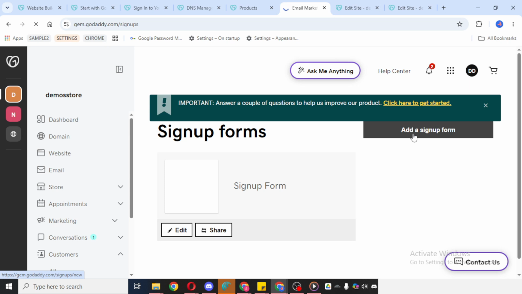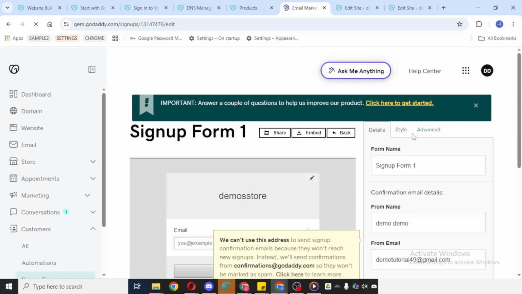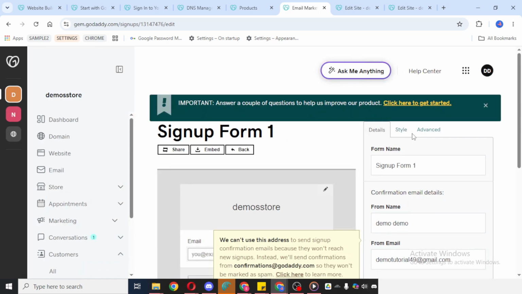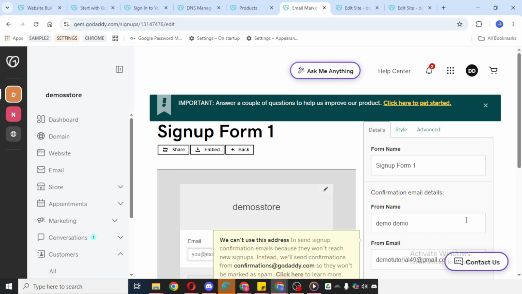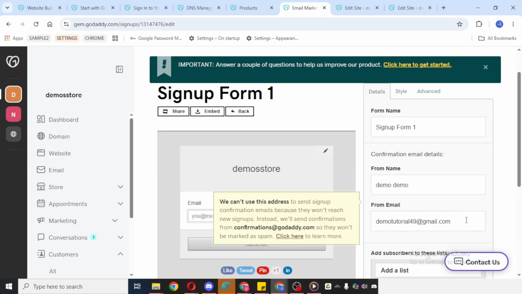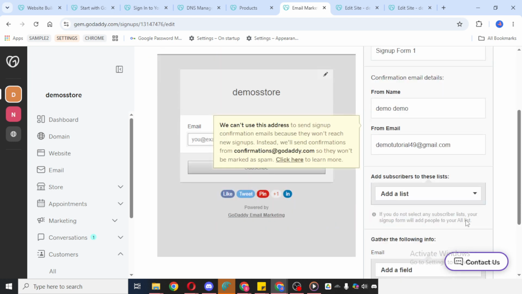As you customize, keep your visitors in mind and make the form simple and easy to complete. A clean and straightforward registration form often leads to better results. When you're happy with the form, click Save Changes. This is an important final step because it applies everything you've customized and makes sure your registration form is added to the website properly. And that's it.